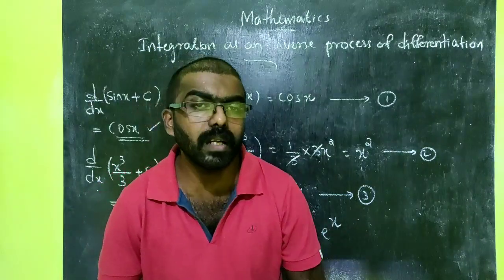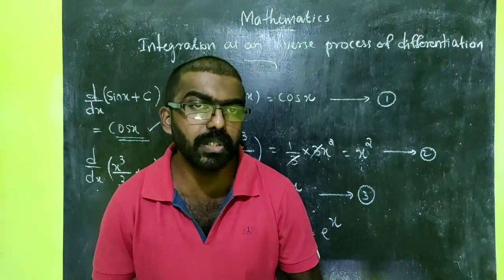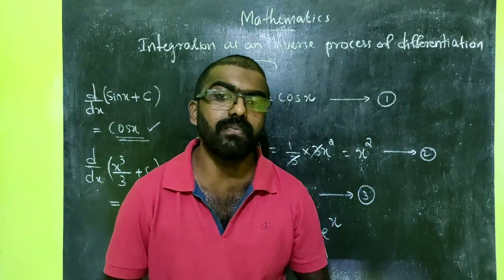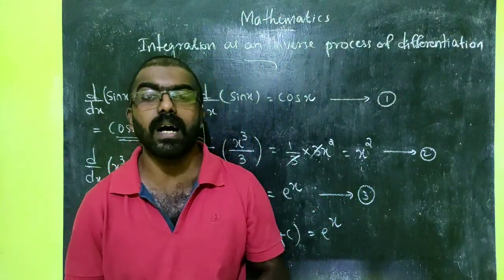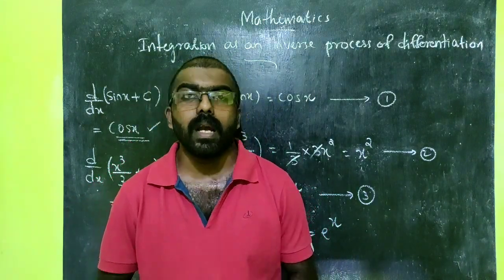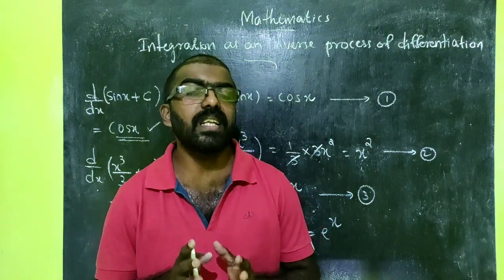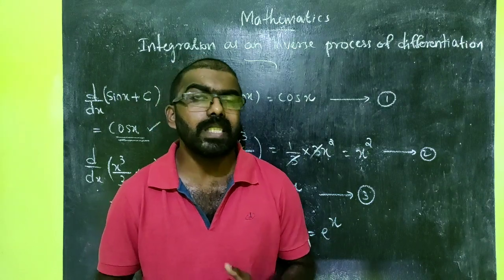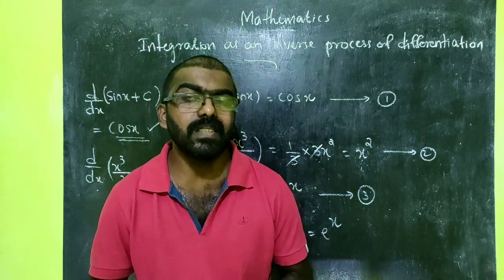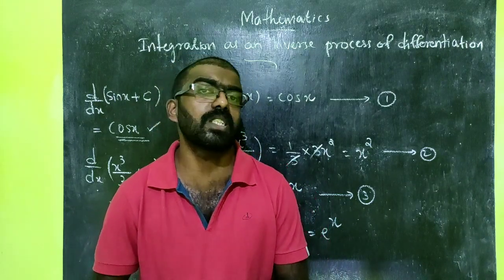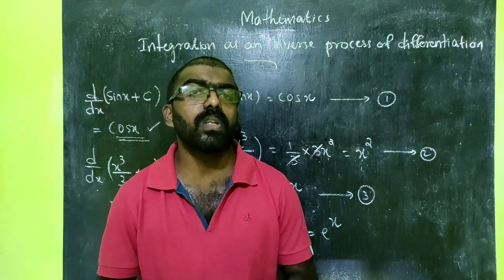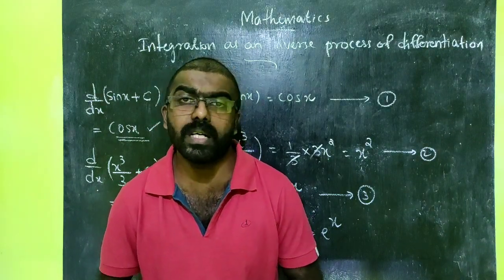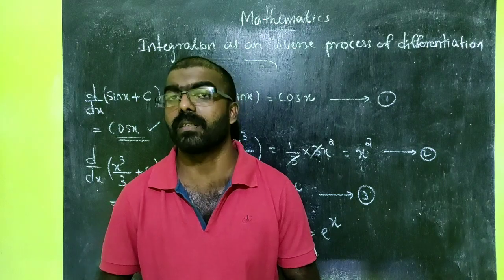From this, we can conclude that the antiderivatives or integrals of the above cited functions are not unique. Actually, there exist infinitely many antiderivatives of each of these functions, which can be obtained by changing c arbitrarily from the set of real numbers. For this reason, c is referred to as an arbitrary constant.